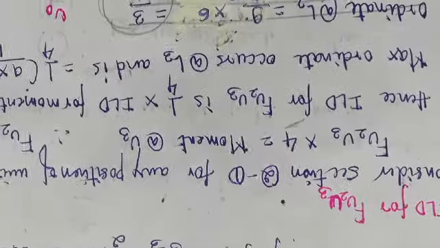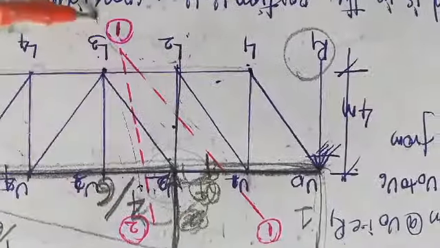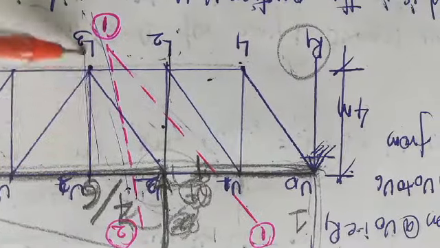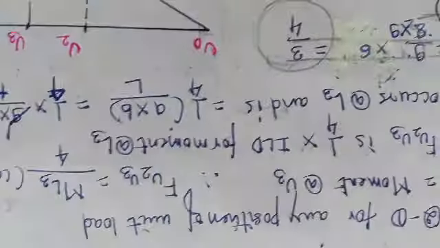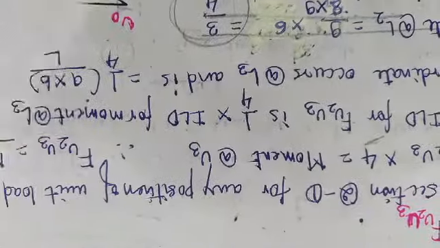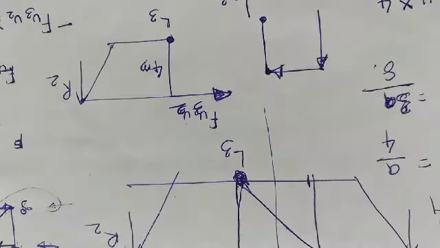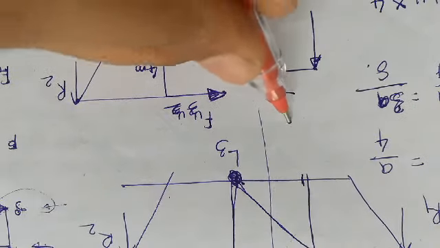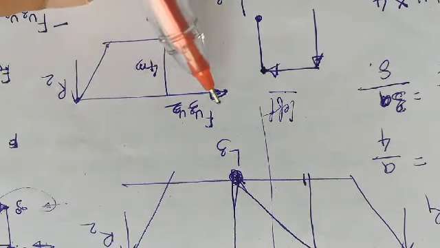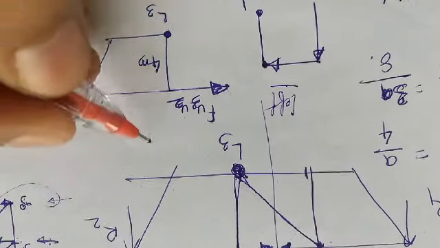Now let us consider the section here, this part. Okay, and I am calculating for here. So what I will do, I have drawn a separate free body diagram for it. Okay, so when the load is on the left hand side section, that time the equilibrium of the forces I have shown here. Now for horizontal members,